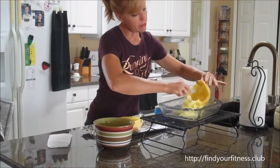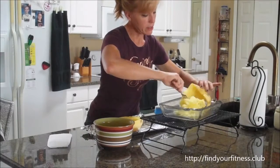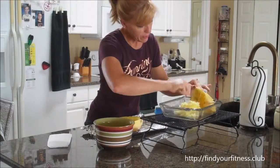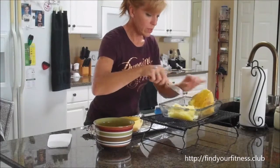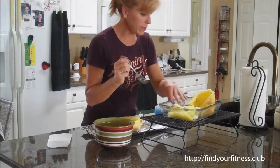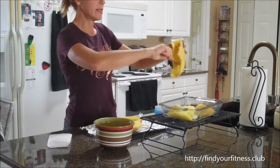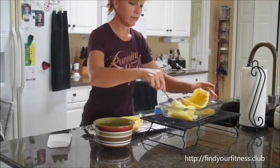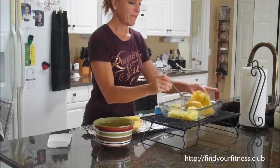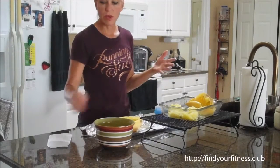It's a little hot still, so I'm doing it here in the pan, and do as much as you can, and just let it sit in the pan and do each side. Flip it over. Oh, there's seeds in there. I'm going to pull all those out later. All right, so that's it. See how easy it is? Just comes right out. And totally looks like spaghetti. It's awesome. So do the other half, and you have this entire dish full of spaghetti squash